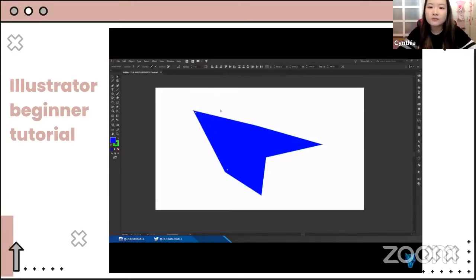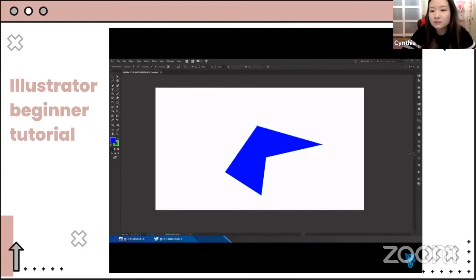If you have any shape or pen tool path in Illustrator, you can customize this in any way. So once I'm in the pen tool, if I hit P, I can also hit plus to add an anchor point to a line. I can also hit minus to remove an anchor point, so I can click on this anchor point right there and I'll remove it, or I can hit back to plus and it'll create a new one.